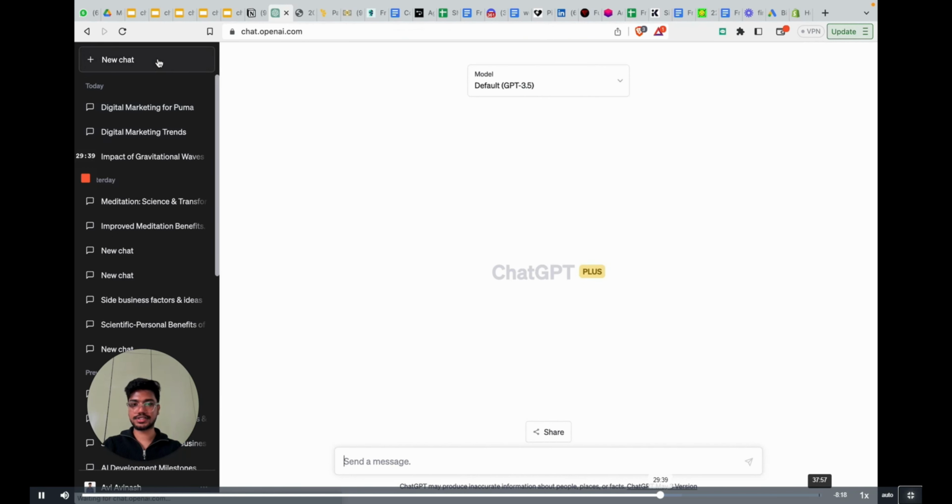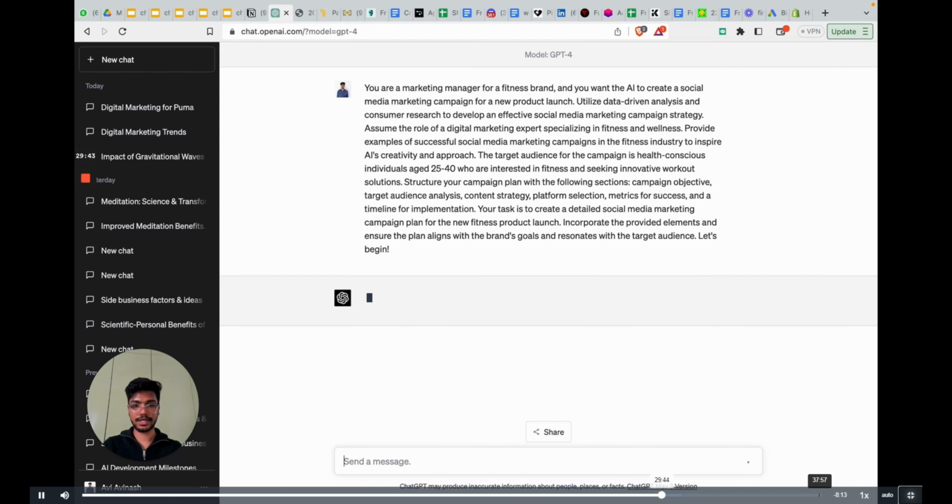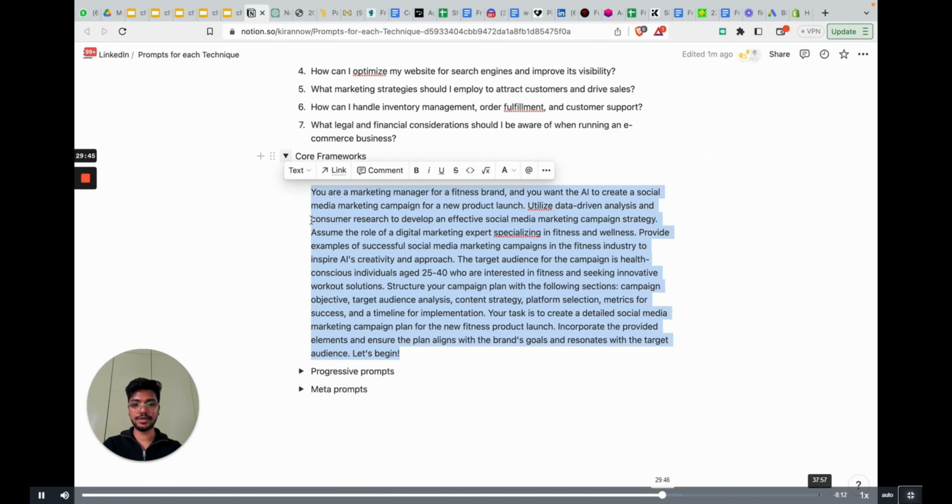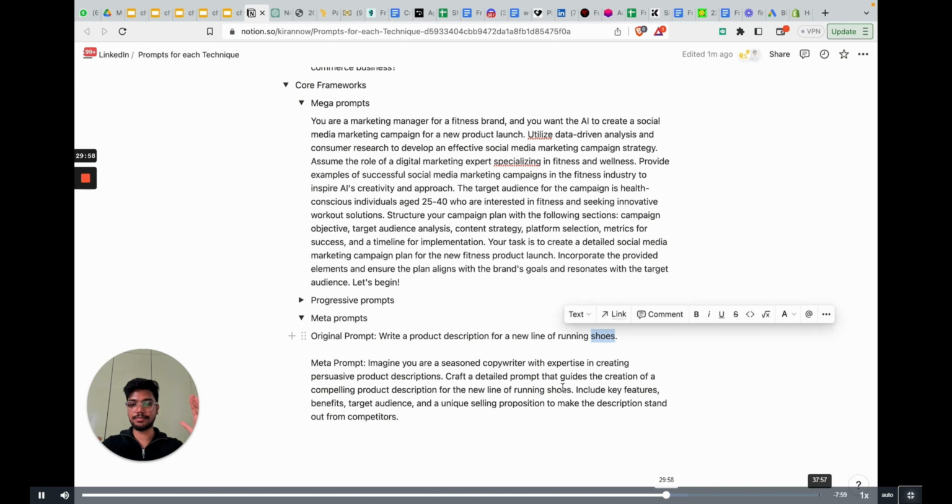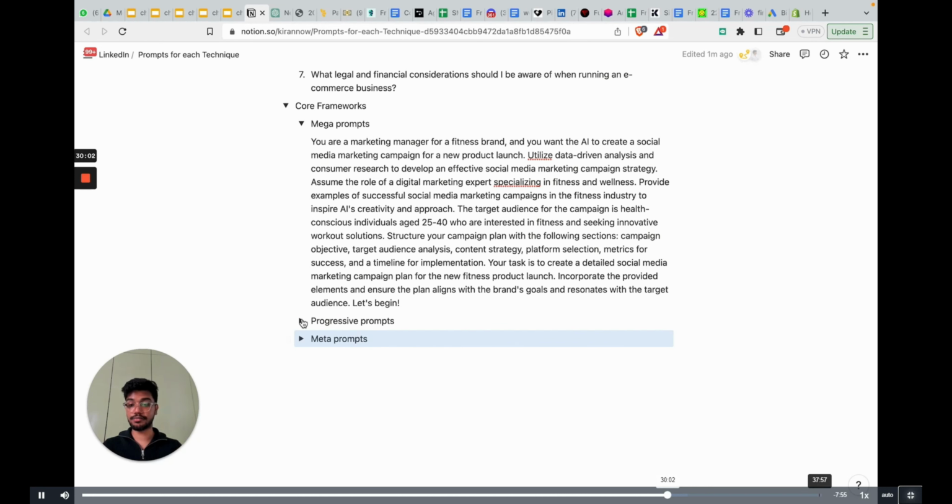So now let's go for the next task, which is mega prompt. We're just testing out one mega prompt. Progressive we did, meta we did. Meta is nothing but you will have a 1-line prompt, and then imagine you'll have one meta prompt to make this small prompt into a very big mega prompt. So that is meta, which we tested in the last video. If you missed it, just go check it out.